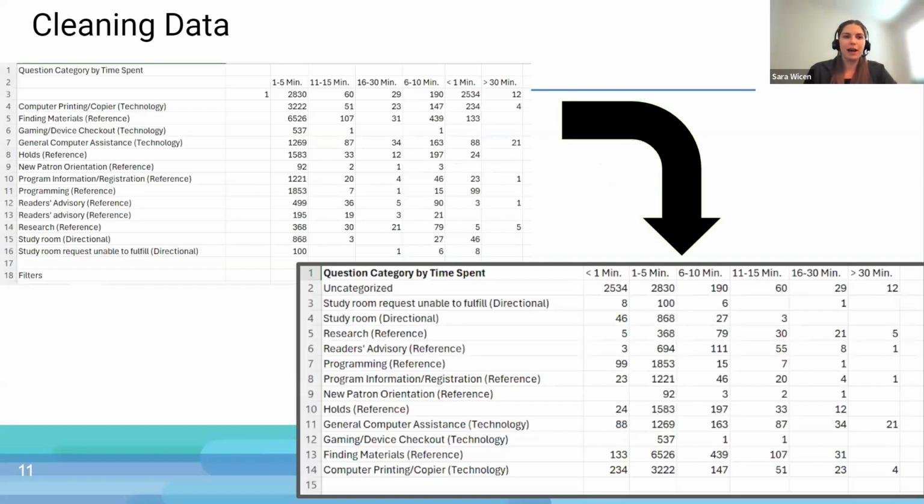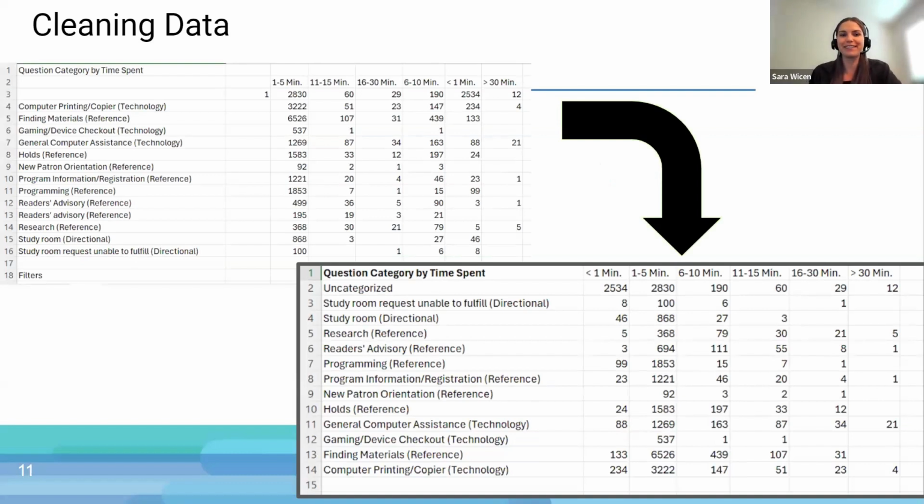All right, so in the top left on this slide is actually what this data set looked like when we first exported it from DART, the reference tracker. And there's quite a bit going on in this top left spreadsheet. And I look at it and immediately go, oh, this isn't how I want this.